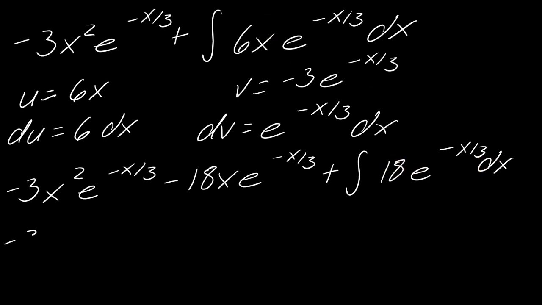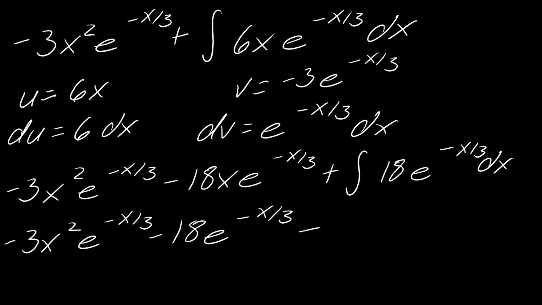So this will be negative 3x squared e to the negative x over 3 minus 18x e to the negative x over 3. And then this will be minus, so 18 times 3 is 54 e to the negative x over 3. Oh my goodness, I forgot an x here. All right, so now that we have that,